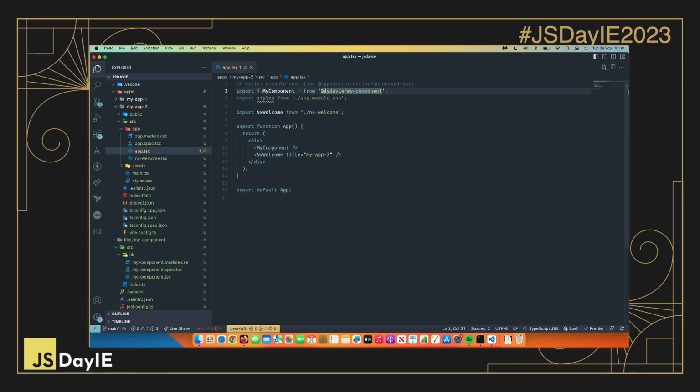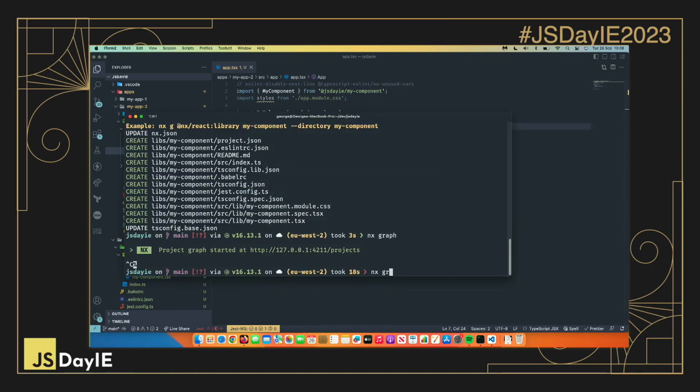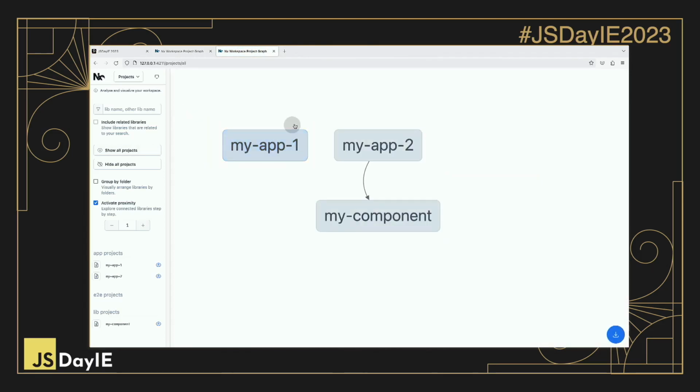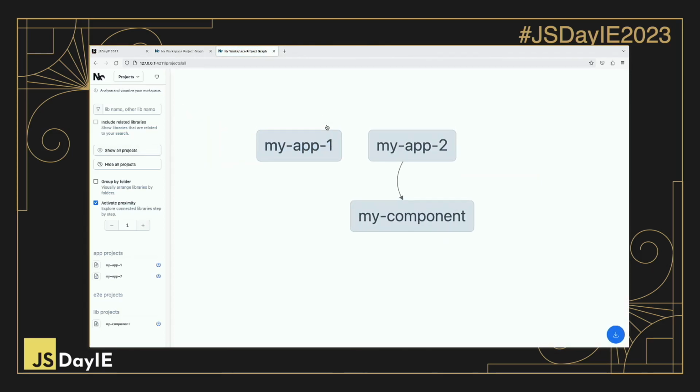And so you can see that's just been imported from the my component project within our workspace. And if we now rerun the nx graph, it's now going to show us that NX knows that my component is a dependency of my app 2. And so this is going to be really useful when it's trying to figure out what things need to be